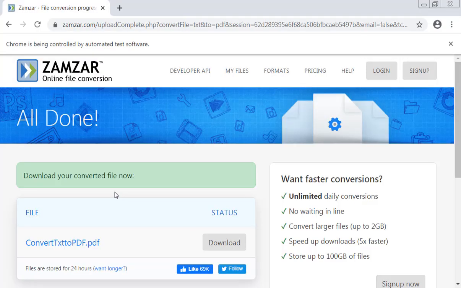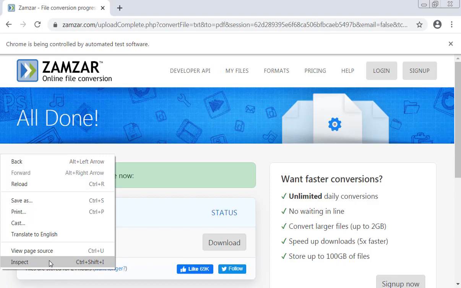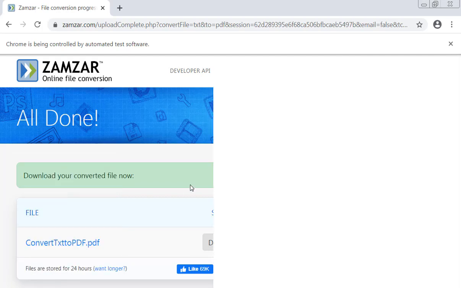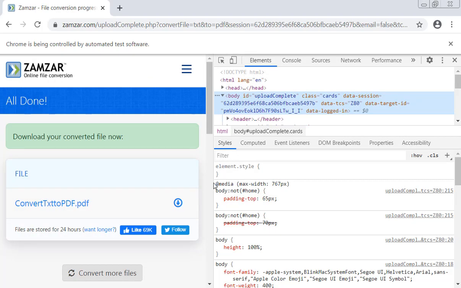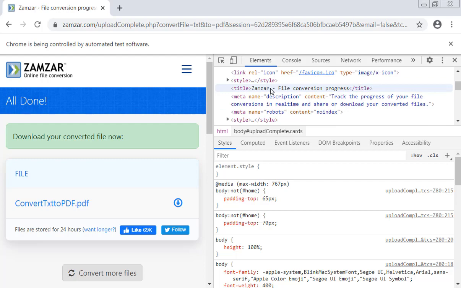And also let me show you how the title will change here. If you look into this title here, the title is Jamjar, file conversion progress. But if you open the jamjar.com website, the title will show something different. Here, let me capture this title first. Once we upload the file successfully, the title is changed. So let's take the title first. Navigate to the head section and find out the title.